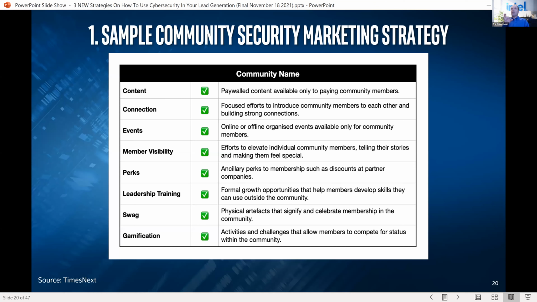This is what I want to make sure you understand: when you're engaging a community, it's kind of like a give and take, right? You're in the community, what can I give? And then there'll be some things that come back, but it's not always about going and doing the lead part of this.